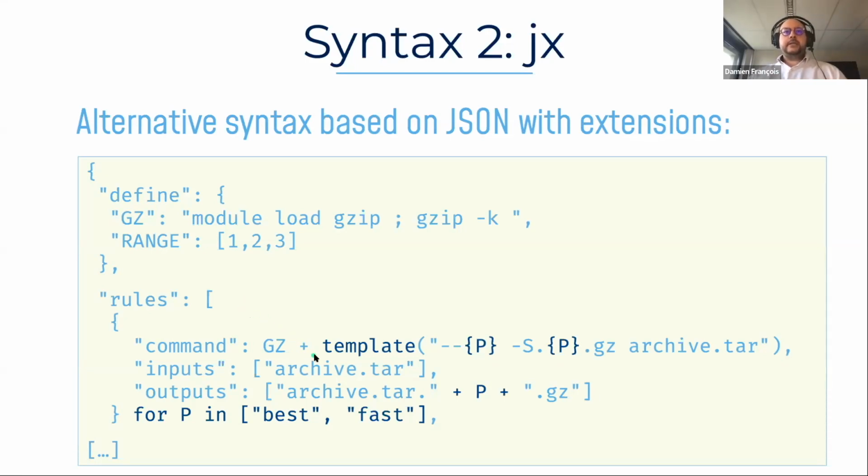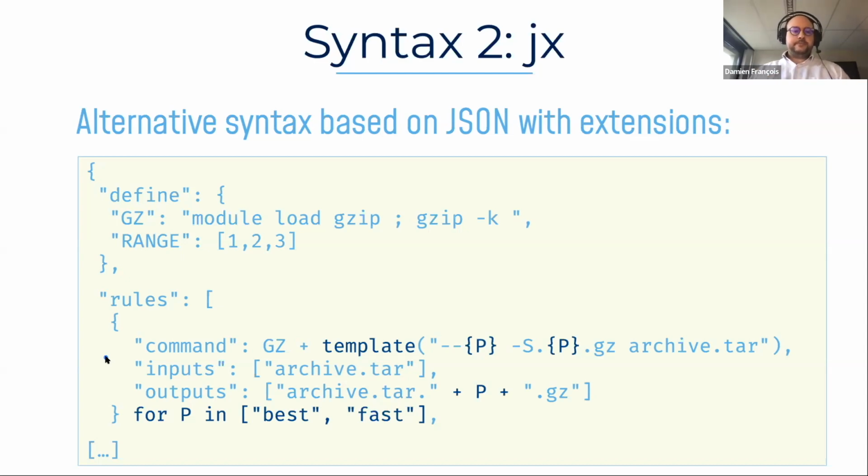And here you see that there's a template function that is available, and you can use the for syntax, for p in something, and this syntax is very similar to Python for those of you who know Python. And actually this allows in one syntax to define two rules. And so you understood already that the p here is referenced here with this curly braces syntax, which we've seen a few times already. And so with the template command, this will be replaced with best once and the other time with fast. And so this is a nice way to make the